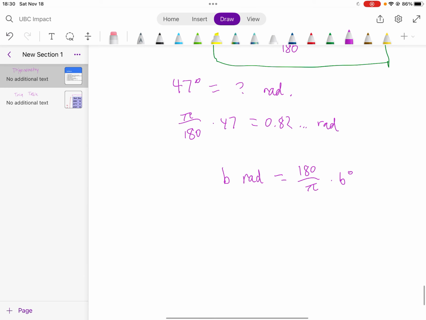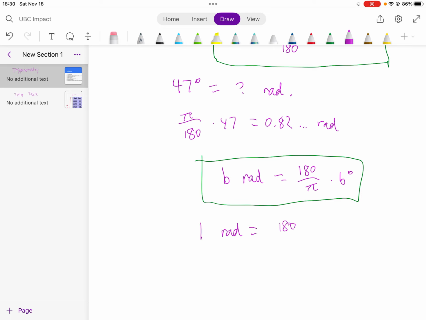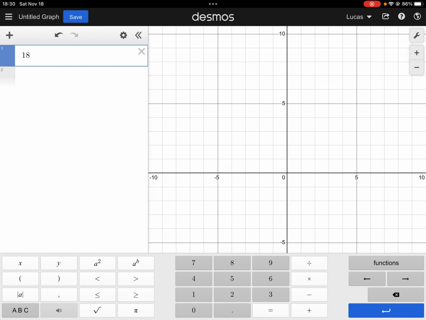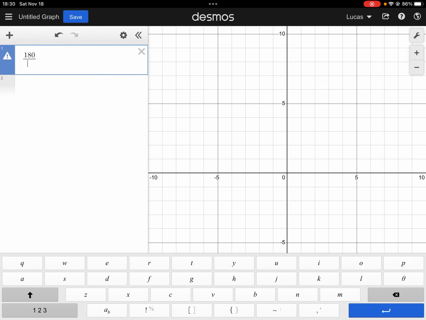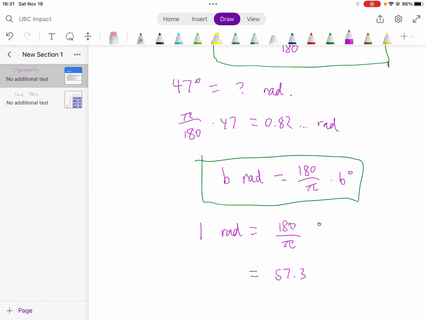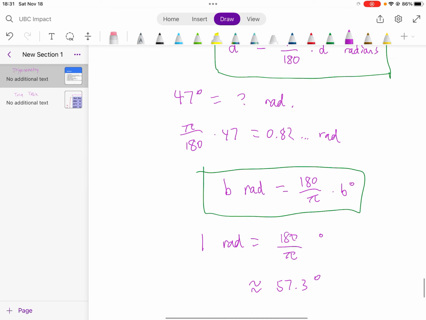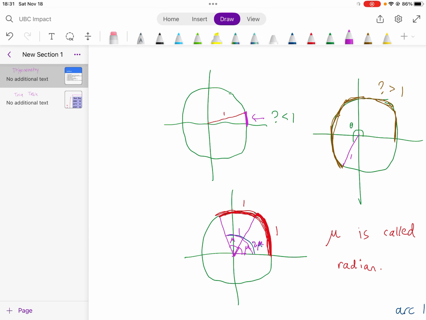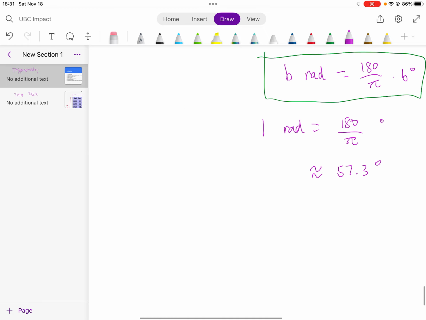So let's try this. This is the reverse formula. You should know it. 1 radian is equal to 180 divided by pi degrees, which is about 57.3 degrees. Okay, so mu, the magical angle up here, is about 57 degrees, which means 57.3 degrees, which means 2